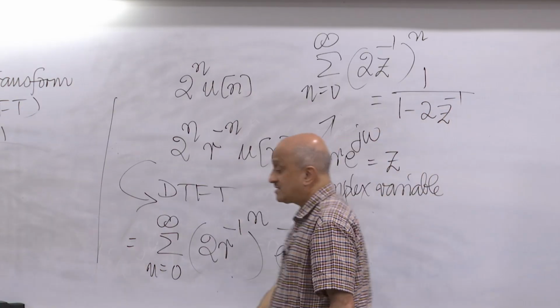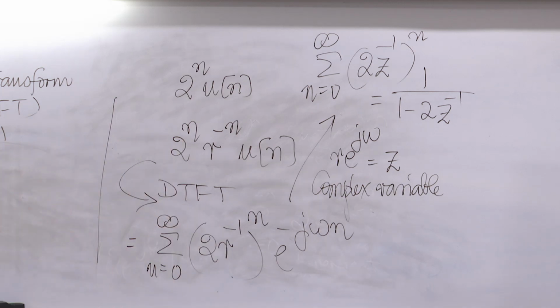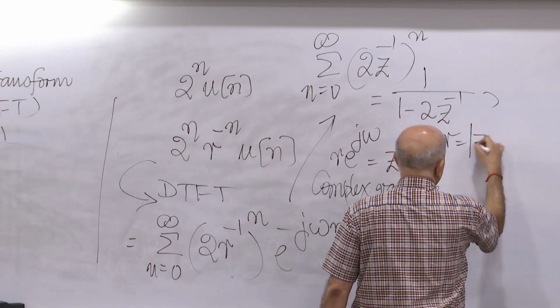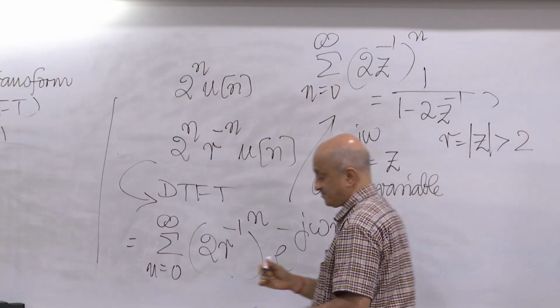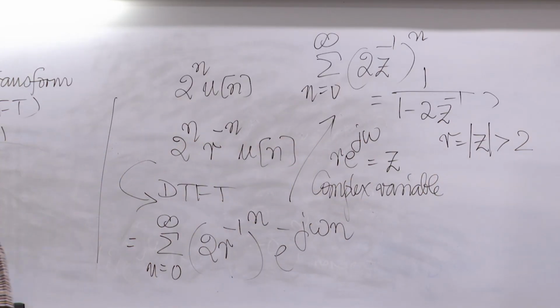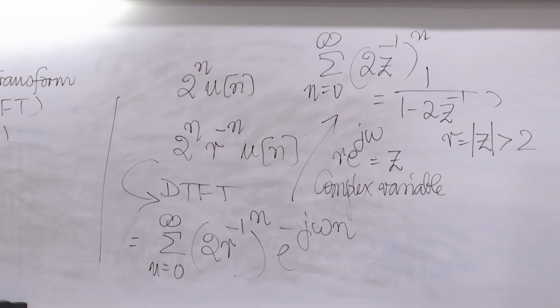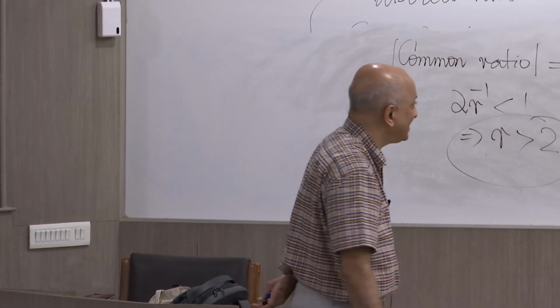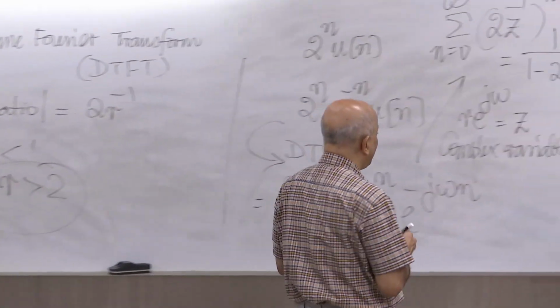But what is the restriction? R must be greater than 2. What is R really? R is the magnitude of Z. So here our concern is with the magnitude of Z. The angle of Z has no role in convergence. Is that right? And this is called the Z transform